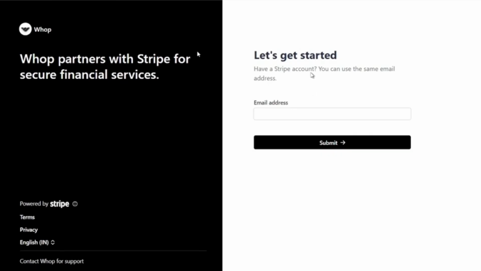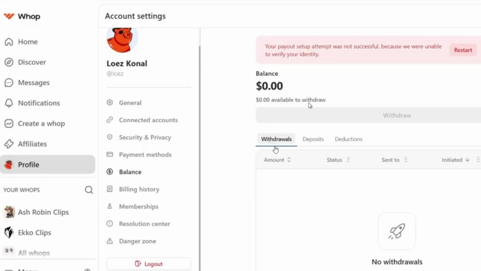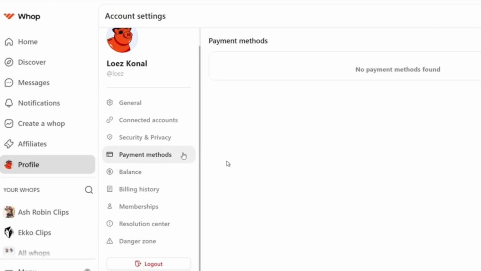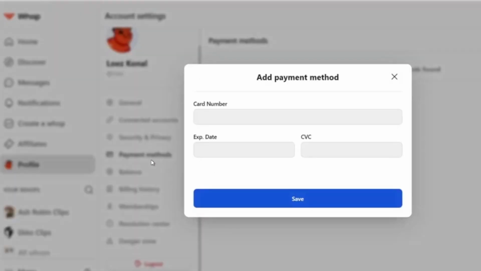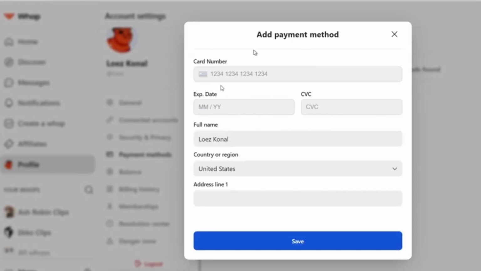Here we give information, for example email address, but it's not that important. Click on payment methods, click here, and here add payment methods.